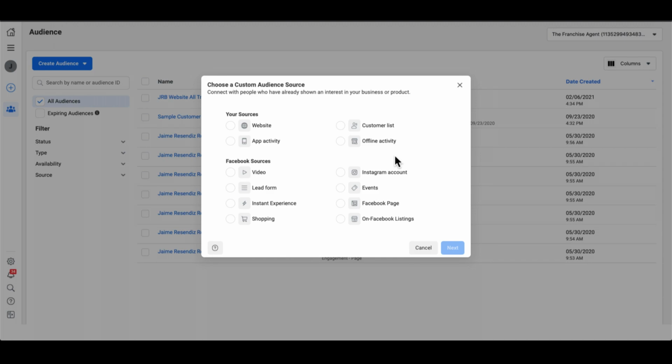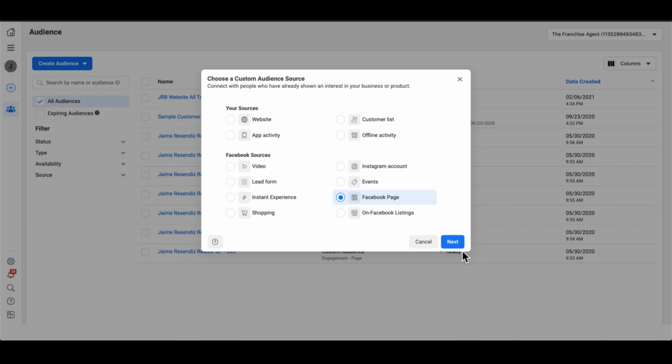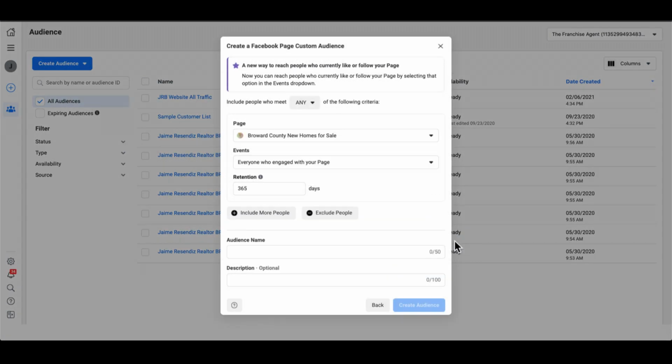So again, these are people that interacted with you and your business in some capacity. That's what a custom audience is. So let's just say you wanted to retarget people that interacted with your Facebook business page. So we're gonna select Facebook page, then you'll select the page that you want to retarget, include people who meet any of the criteria. So we're gonna leave it at any, and then it's anyone who engaged with your page,